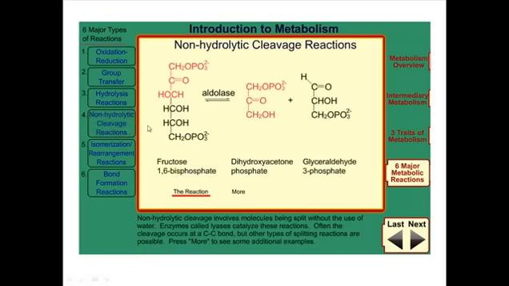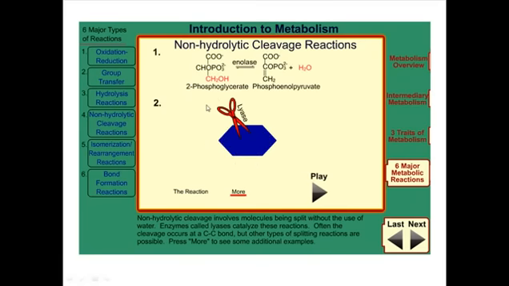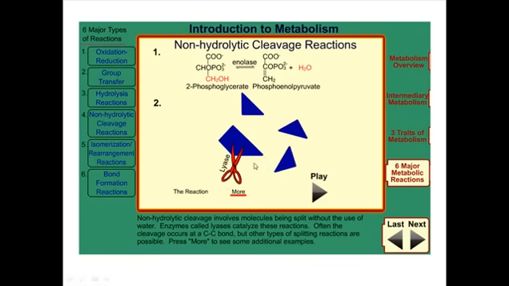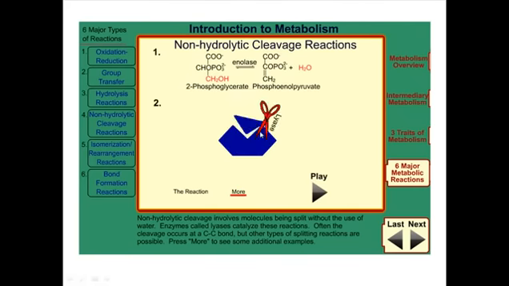Now we can also have non-hydrolytic cleavage. What do we mean by non-hydrolytic cleavage? In the previous step we saw cleavage by a water molecule, but we can also have cleavage with the help of another molecule, the aldolase, for example. A very good example is a lyase. What a lyase does is work as a molecular scissor, and that eventually cuts a ring or circular molecule into smaller pieces.